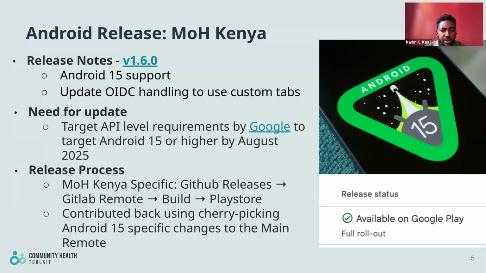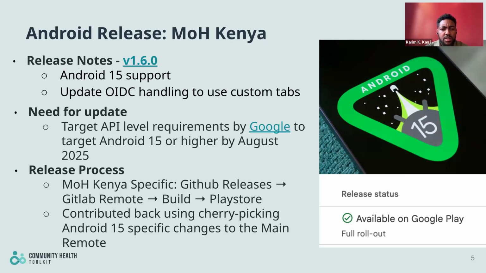But now we have an MOH Kenya specific release process, where we check for any releases on GitLab, and we push to the GitLab remote main branch in case any changes were pushed to the main branch. This auto builds for us the APKs, the training APKs and the production APKs. Then we publish them to the Play Store.